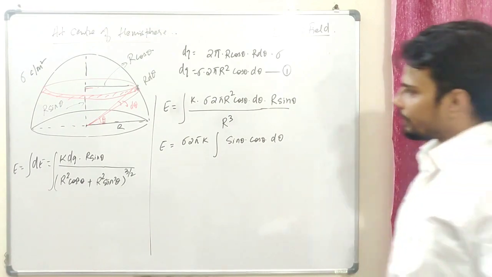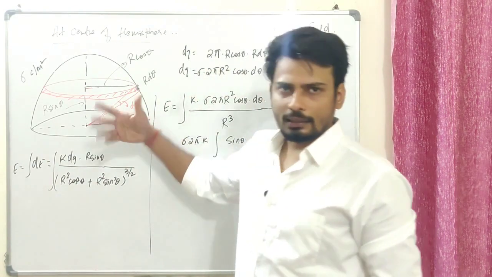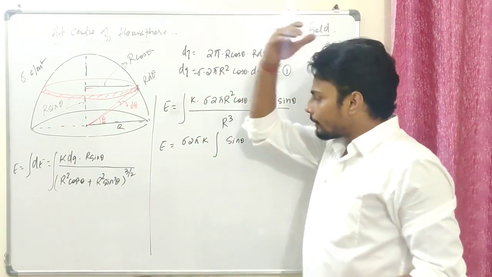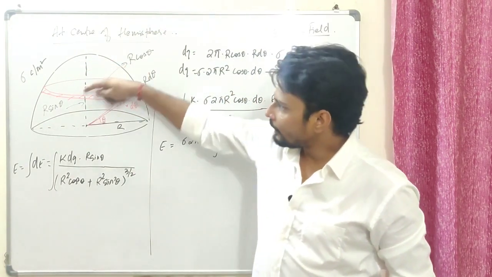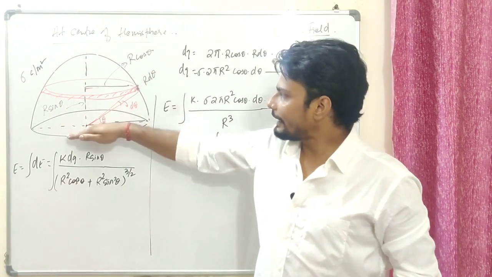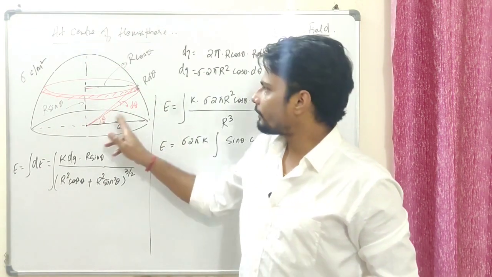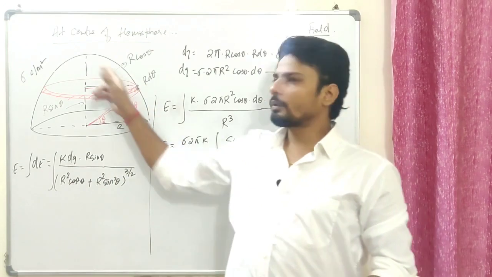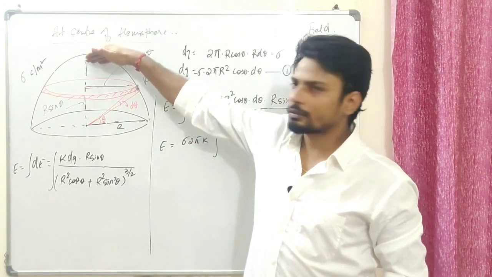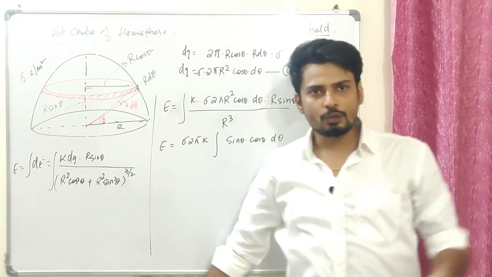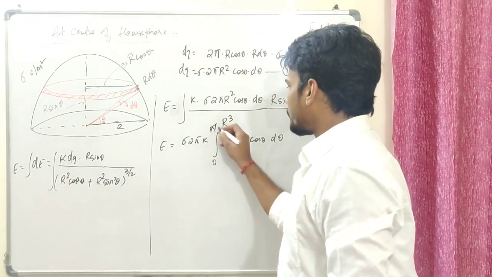Now let us put the limit. Theta, I'm sure you guys agree that that's going to be from 0 to pi by 2. A lot of people have commented about this: how to choose theta? Let's understand this. You start from the ground. When the ring is here, theta will be 0. As the ring goes up, theta is increasing. When the ring is at the top, theta will be how much? 90 degrees. It will not go till pi, because by the time theta becomes 90 degrees, the ring will reach the top of this hemisphere, isn't it? After that, there is no scope for the ring to go beyond or come back. So theta should be how much? 0 to pi by 2.